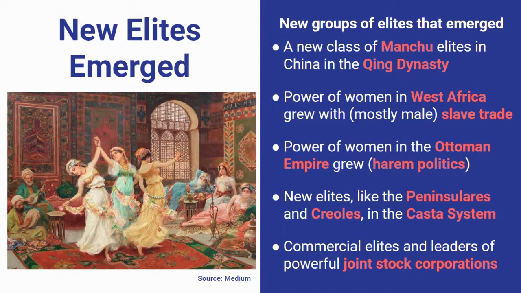more political influence their sons could have, and to an extent the men they were in relationships with as well. But the more proximity to power they had, the more power they would have. So you had the emergence of what was called harem politics. You had new elite groups in the Americas, which I'm going to talk about in a second, so I won't mention them here. And then, of course, as you had these new companies and all of this new wealth being accumulated by these business people, you had new classes of commercial urban elites that emerged in Europe